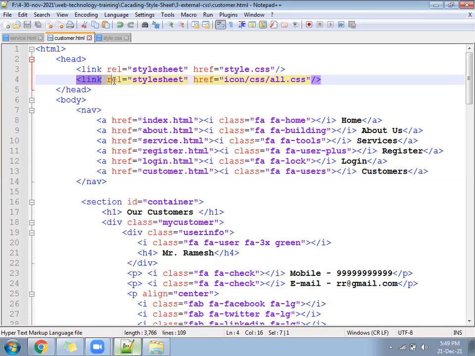Okay, then you will ask which one to use, external or import. Import says I am secure, I can secure your file. External says I am faster but look unsecure. Okay, we will not use the import method. We will use the link method. But we will apply another technique.